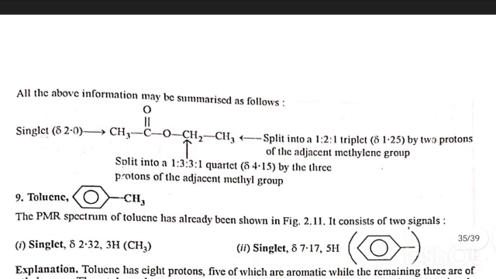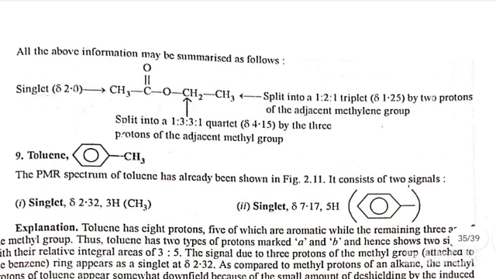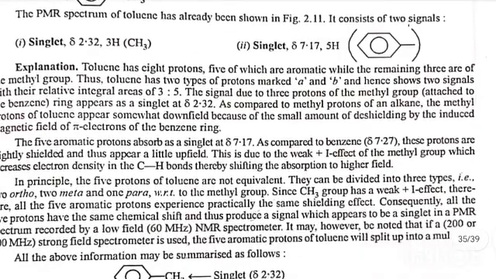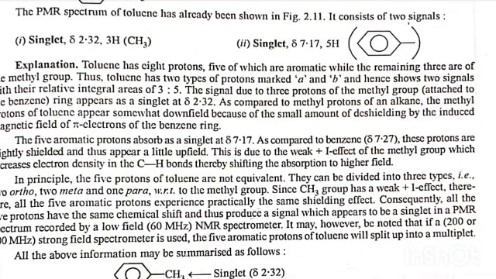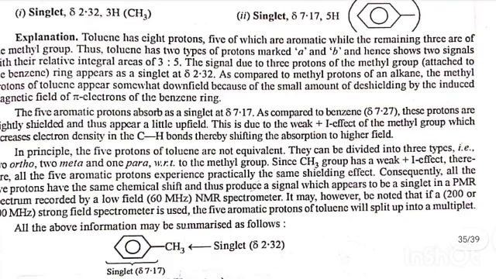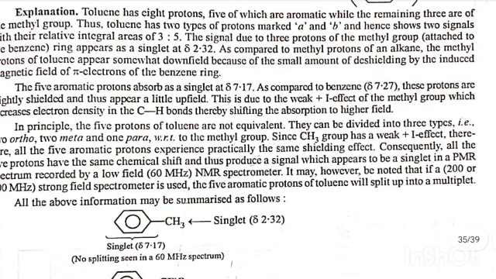Toluene. The PMR spectrum of toluene has already been shown. It consists of two signals: a singlet at delta 2.32 for 3 protons and a singlet at delta 7.17 for 5 protons. Toluene has 8 protons, 5 of which are aromatic while the remaining 3 are of the methyl group. Thus toluene has two types of protons marked A and B and hence shows two signals with relative integral areas of 3:5. The signal due to the 3 protons of the methyl group attached to the ring appears as a singlet at delta